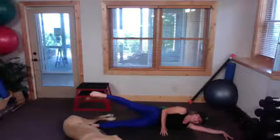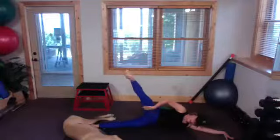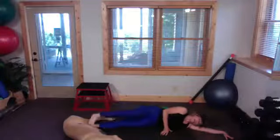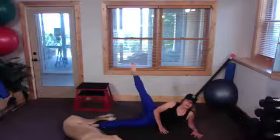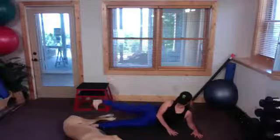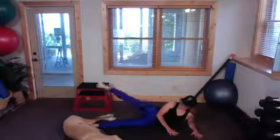Lift and lower. Okay, so abduction, abductor work here, but you're still cinching that inner thigh. Remember, you can lay long, you can come up, but just lift up out of that rib cage, whatever feels best for you. I don't want you collapsing like I just started to do. Good. 4 more. 3, 2,